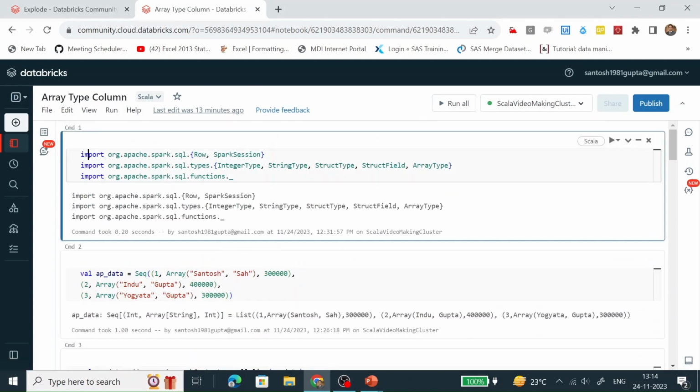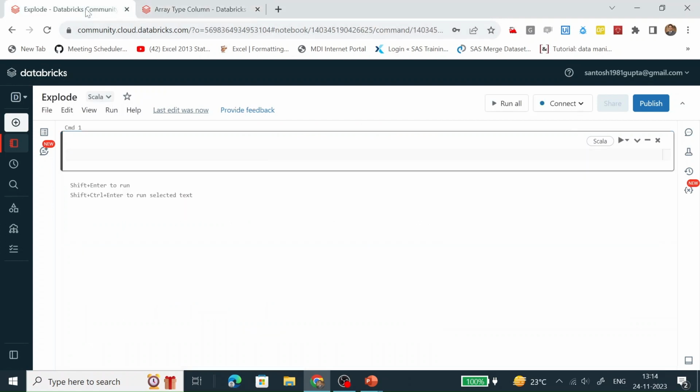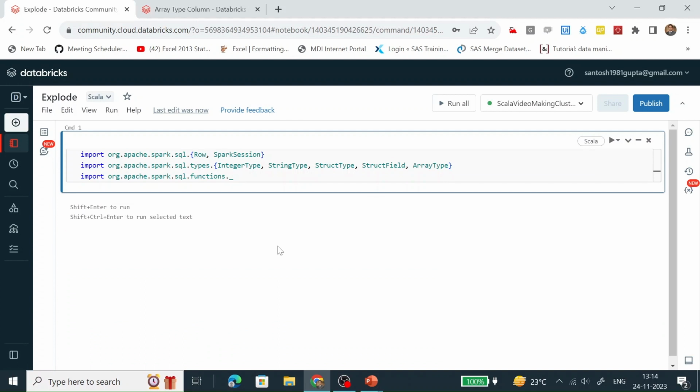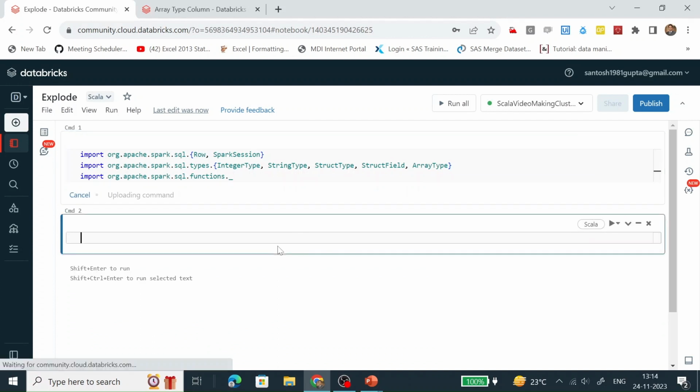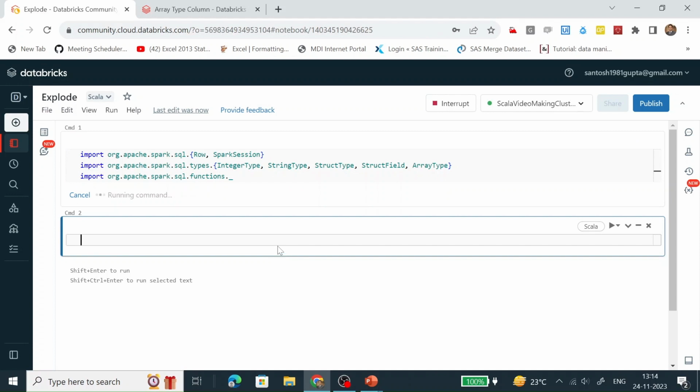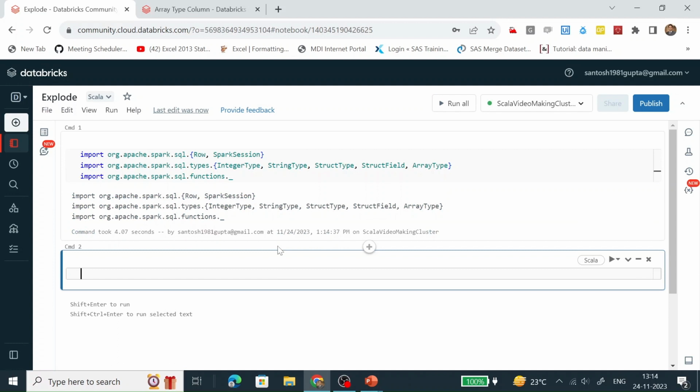I'm copying the code, which imports all the required libraries. So all the required libraries are now available in this notebook.